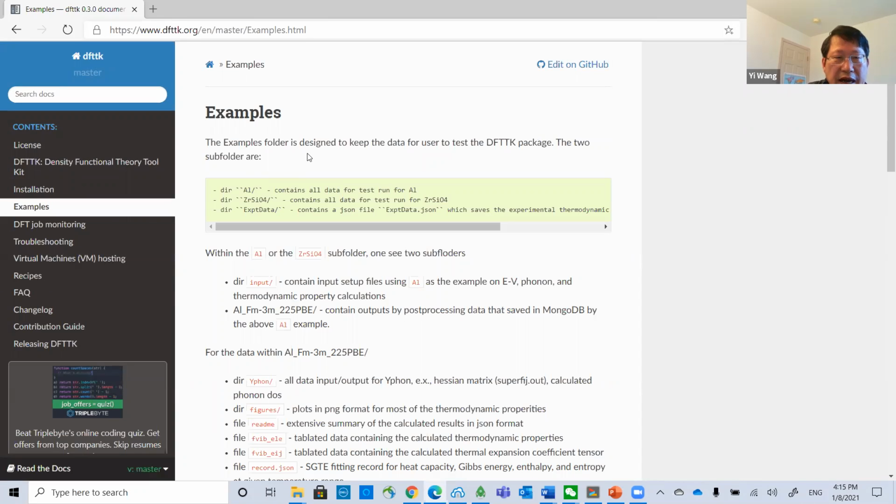Basically, after you install this, you will see a folder called the example folder. Then there is one folder with examples in it. You have an aluminum one. I'll use the aluminum one as the example to go through the test process. In this folder, you have, maybe I should go to,